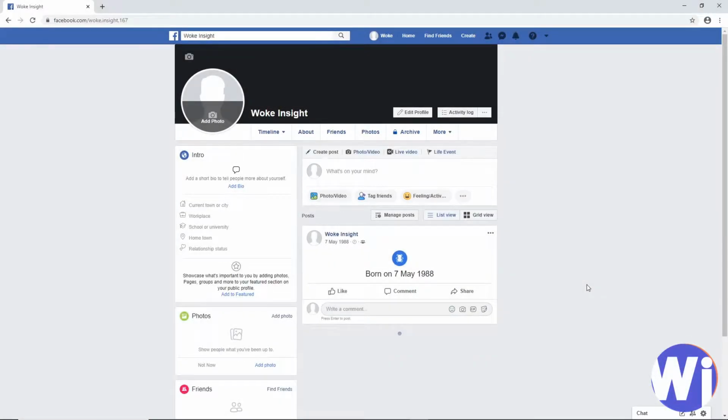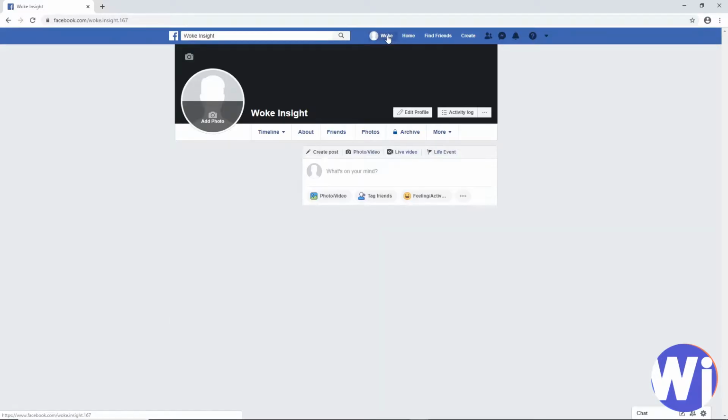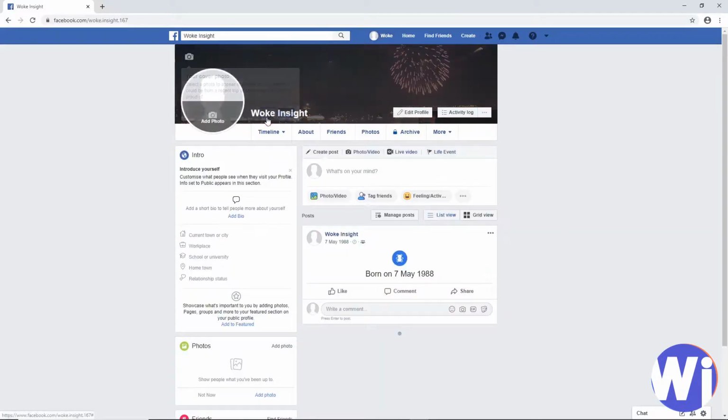When you want to upload a photo to your Facebook personal account, you just come to the main page of your account. You click on where your name is, next to the little circle with no face on it. You come to this page here, you just click skip, you click on where it says add photo,